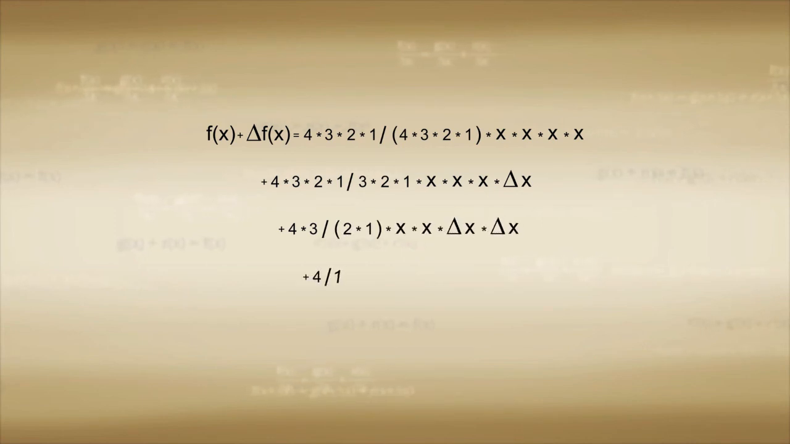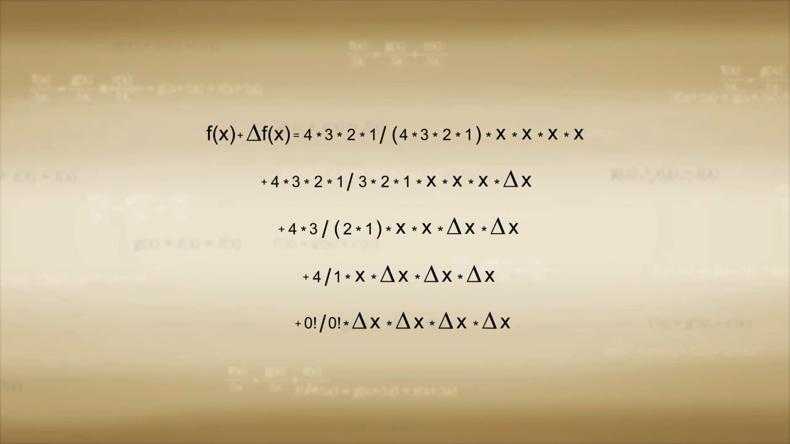F of x plus delta f of x is equal to 4 times 3 times 2 times 1 over 4 times 3 times 2 times 1 times x times x times x times x plus 4 times 3 times 2 times 1 over 3 times 2 times 1 times x times x times x times delta x plus 4 times 3 over 2 times 1 times x times delta x times delta x plus 4 over 1 times x times delta x times delta x times delta x plus 0 factorial over 0 factorial times delta x times delta x times delta x times delta x,